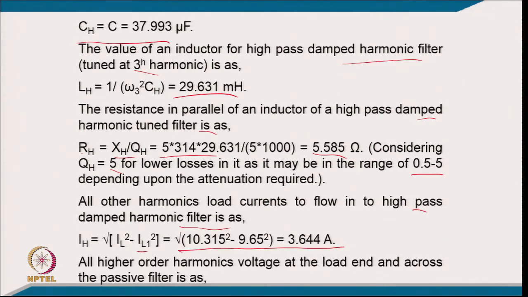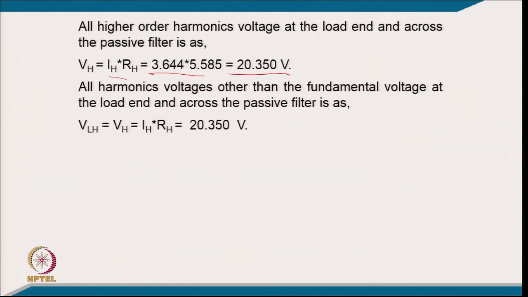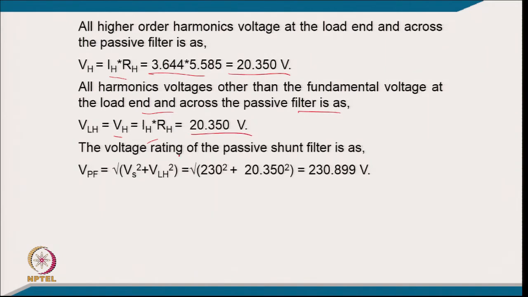So, that comes typically 3.644 ampere, and all higher order harmonic voltage at the load and across the passive filter typically comes to be IH into RH. So, putting the value of these harmonics, it comes 20.350 volt. This much voltage your series active filter has to generate at the point of common coupling, so that all the harmonics go into the passive filter. So, all harmonic voltage other than the fundamental voltage, the load voltage and across the passive filter, is VH into IH. So, this is 20.35, and the voltage rating of the passive filter will be